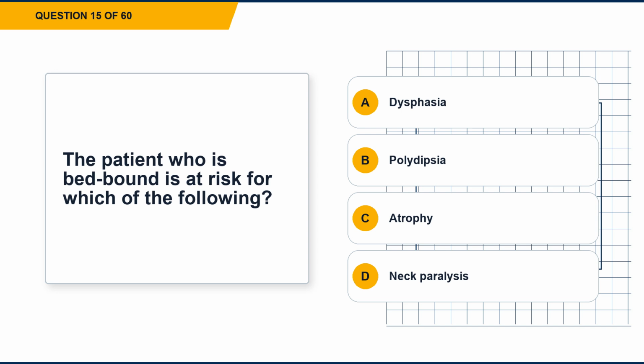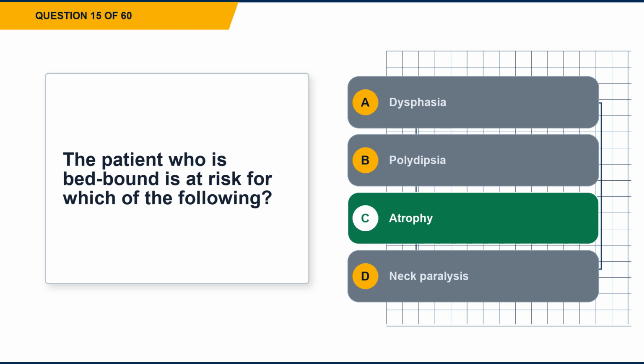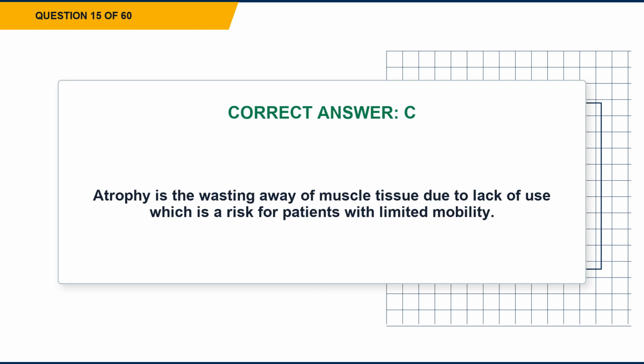Question 15. The patient who is bedbound is at risk for which of the following? Option A, dysphagia. Option B, polydipsia. Option C, atrophy. Option D, neck paralysis. The correct answer is option C, atrophy. Explanation: atrophy is the wasting away of muscle tissue due to lack of use, which is a risk for patients